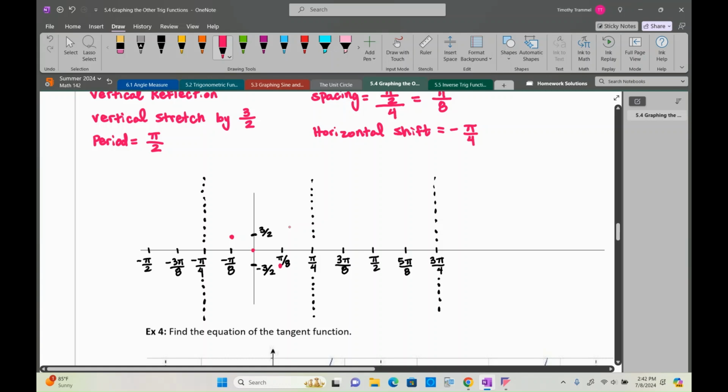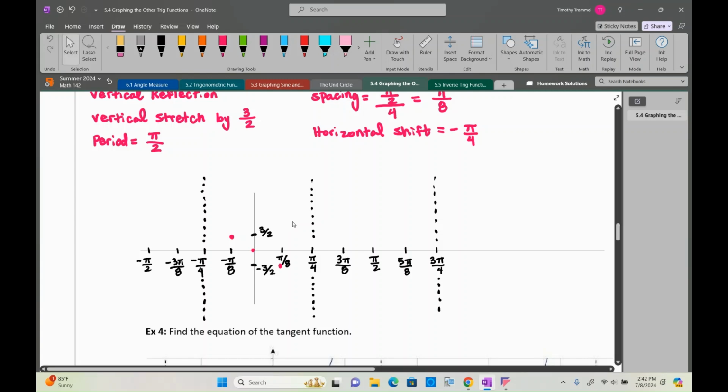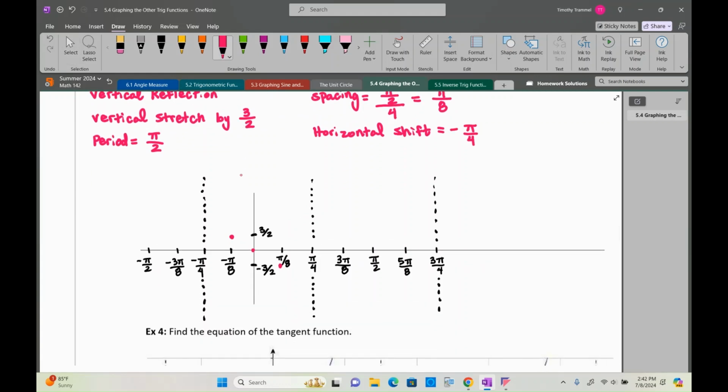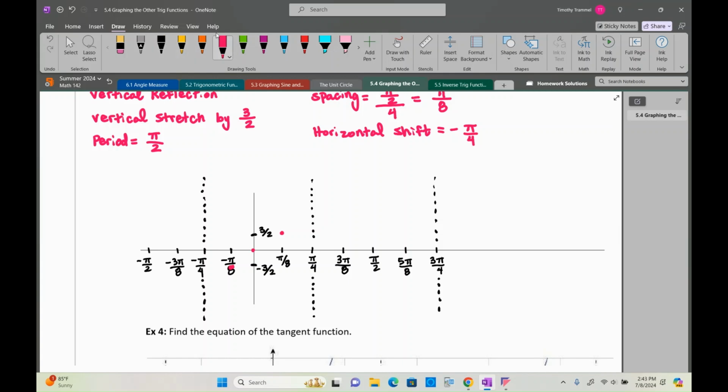Okay. Now, this is what would happen if there were no vertical reflection. But we have this reflection across the x-axis thanks to that negative we had in front of the cotangent. So rather than being at 3/2 here, I should actually be at minus 3/2. Okay. This won't affect this one, because if you take 0 and multiply it by minus 1, you still get 0. But it will affect this one. This one was minus 3/2, so now it's going to be positive 3/2. Okay. And if I go ahead and connect the dots,